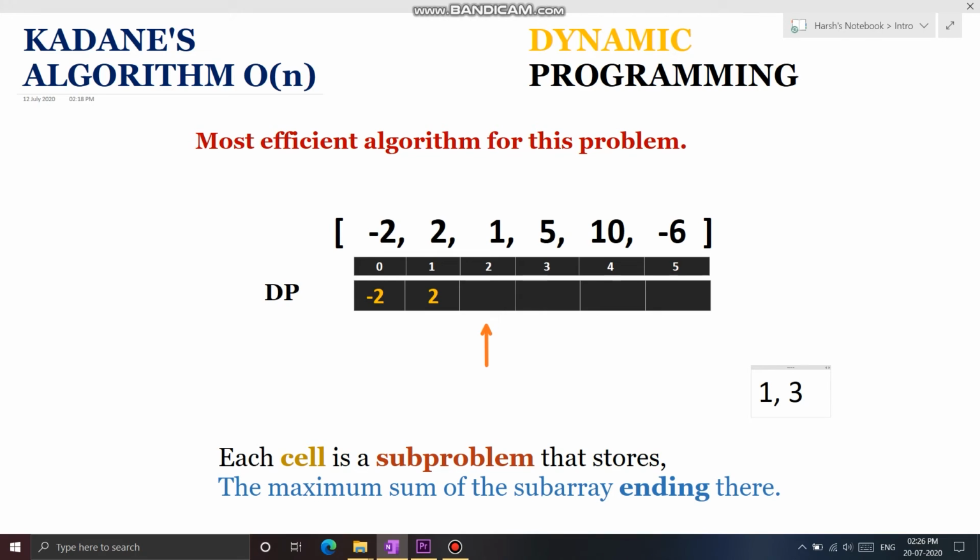So out of these two values, we pick the maximum one, which is 3. So the answer to this subproblem is 3. And if we want to verify this result, then we can generate all possible subarrays and compute their sum. And we can find out that the subarray 2, 1 gives us maximum sum, which is 3.